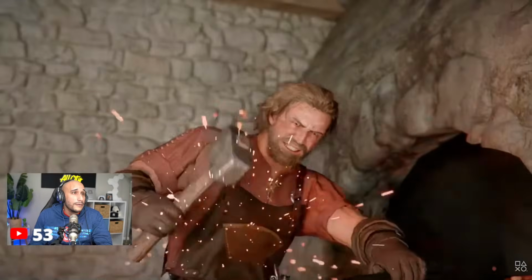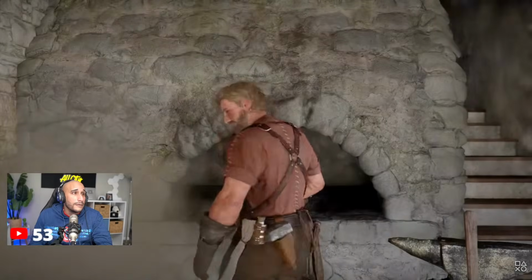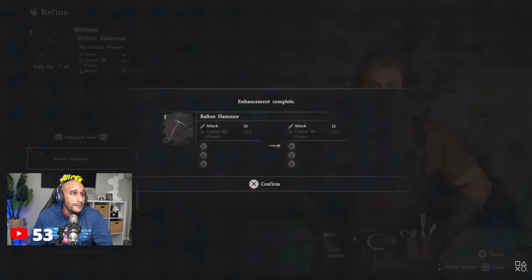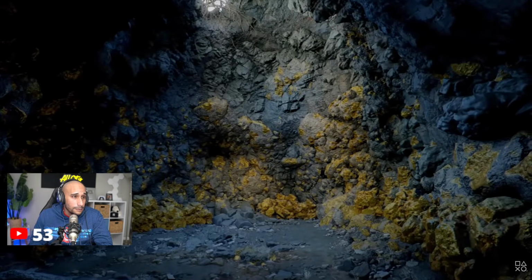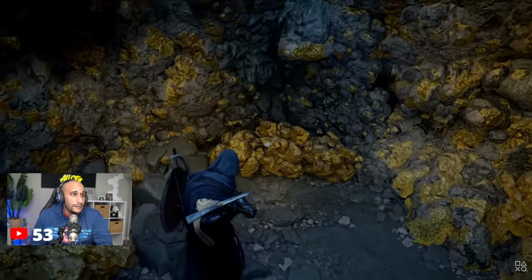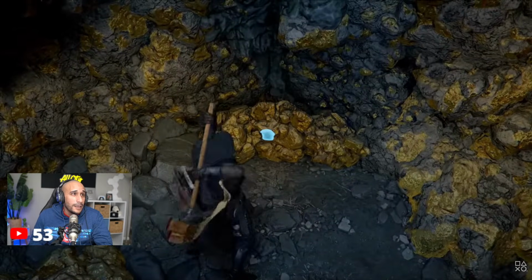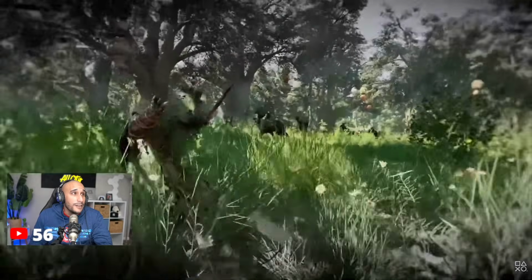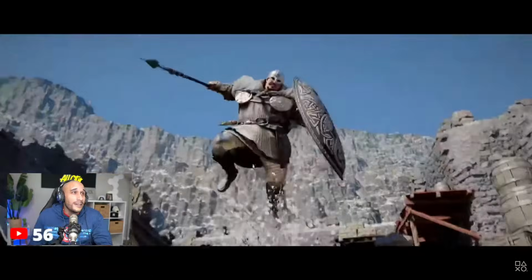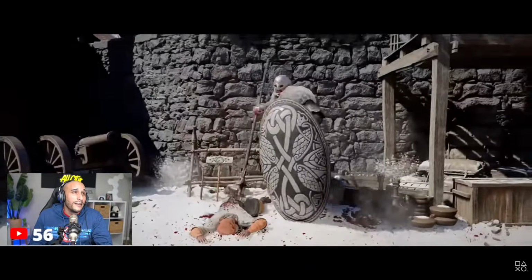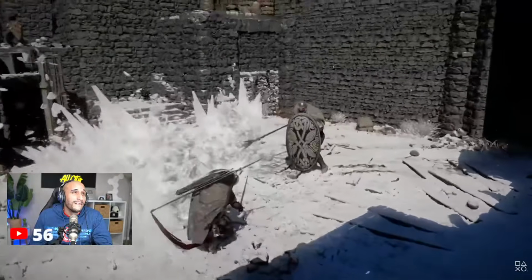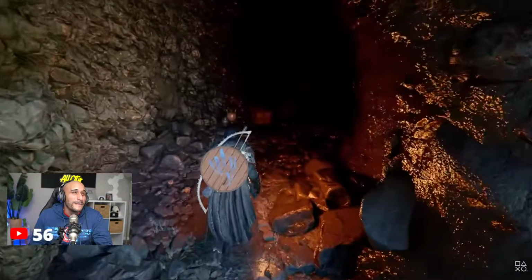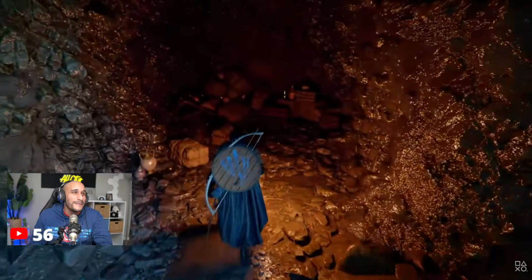Your equipment can be upgraded for higher stats. I like that. Everybody likes that. Materials for upgrading your weapons, armor, and equipment can be found in a wide range of ways. Look at that, that looks cool. Through mining, nice animations, and hunting, hunting as well, defeating powerful bosses, through quests, and by uncovering them in hidden locations.